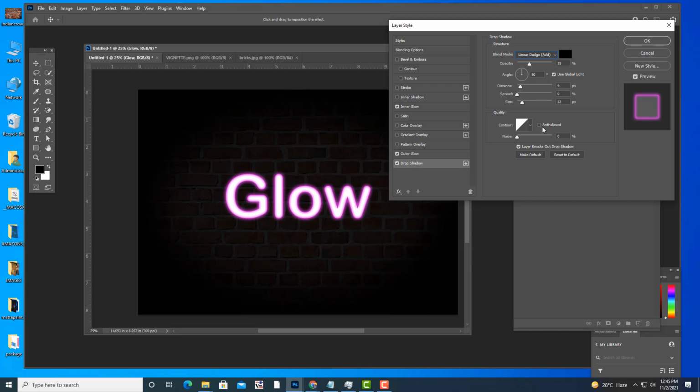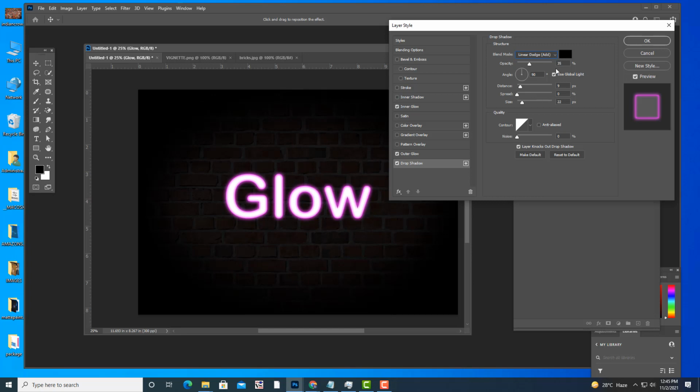Linear Dodge is a bright blending mode. Linear Dodge, Color Dodge, Screen, they are bright blending modes, or they have more effect on light colors. Multiply, Linear Burn, Color Burn, they are for dark colors. Okay, dark blending modes. We have already discussed that.